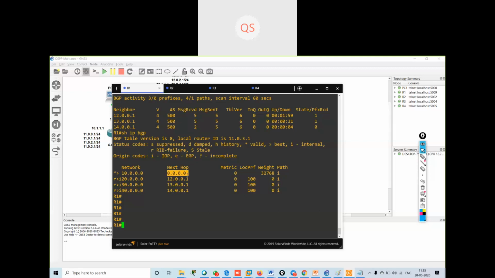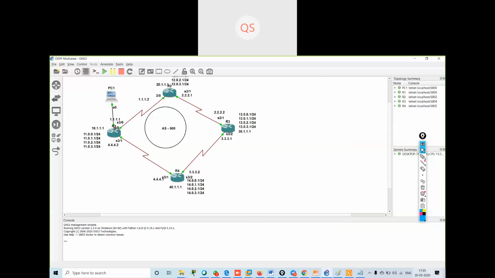This is my local route, so it is giving me 0.0.0.0. Then if I want to reach another network, 20 dot network, this is my next hop address, and this has been advertised in the BGP. Now see here I am using loopback. If I am using WAN networks, then I will not be getting this sign. I will be getting the asterisk sign, valid, and this thing I. So we'll see in the further examples. So these are some well-known attributes that are considered.